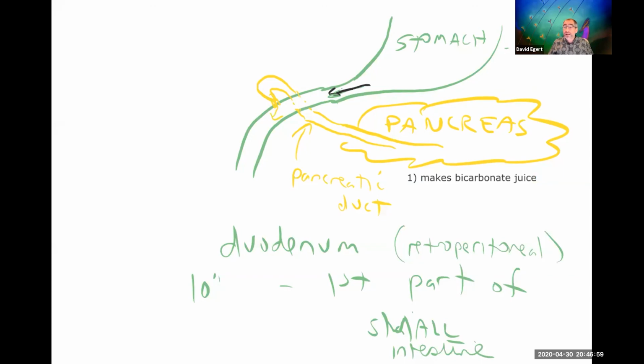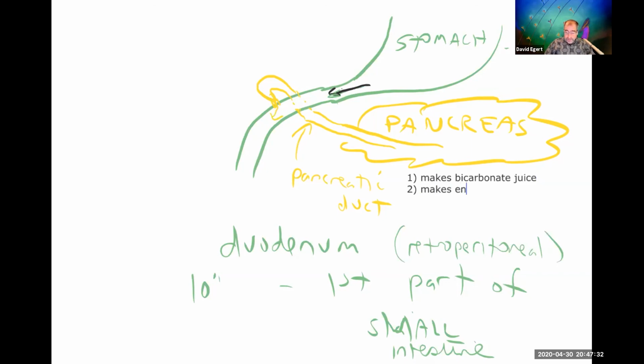This neutralizes acid. In fact, if you have acid indigestion, old school, you can just mix up a little bit of baking soda in water and it neutralizes the acid in your stomach. So as the chyme is coming down from the stomach, this bicarbonate juice will neutralize that acid and actually make it alkaline. So it neutralizes the acid. And then two,